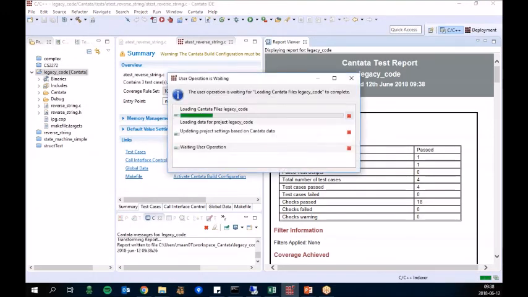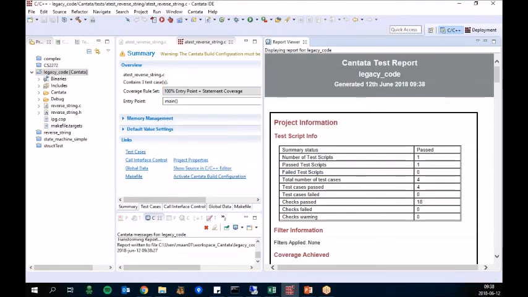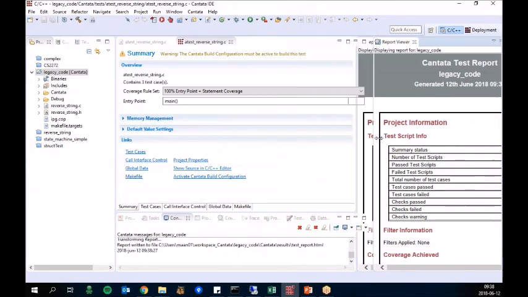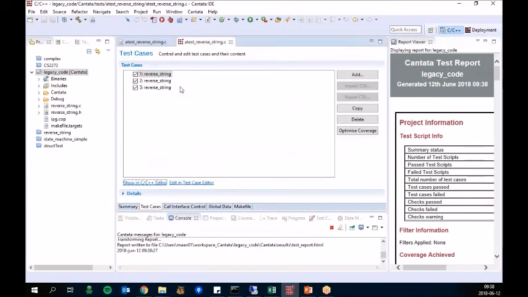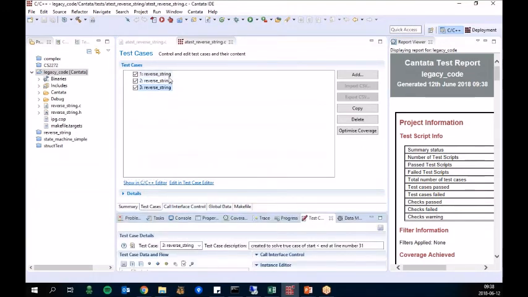So now it's actually created a number of tests, and it's actually showing an example of how a test report could look like. But let's just make that a bit smaller, and you can see it's generated 3 test cases for you automatically for that reverse string function. So how does it know how many test cases it must do? It tries to exercise all of the if and switch statements that are available and try to reach the highest possible code